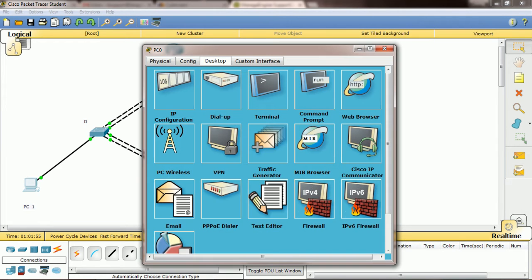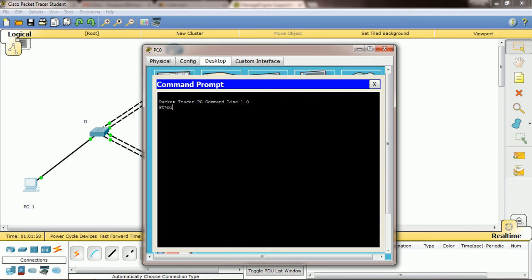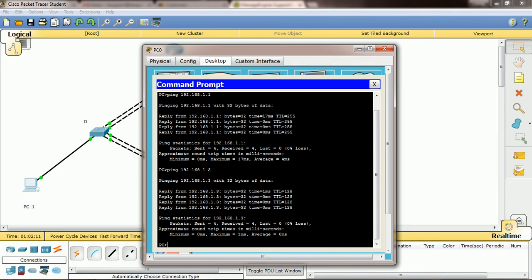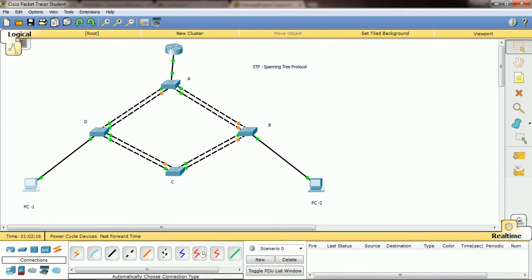If you want, you can check the same from here also. Ping the default gateway 192.168.1.1, so it's pinging, right? And try that machine 1.3, it's pinging, right? So now the communication is happening and the spanning tree is also enabled. Why do we need such kind of connections? In case this connection goes down, for example, from this switch to this switch, this is enabled, this is disabled, right? So in case this goes down, then this will get up.